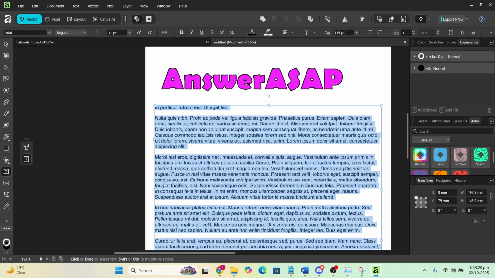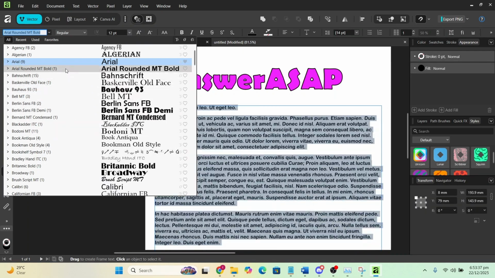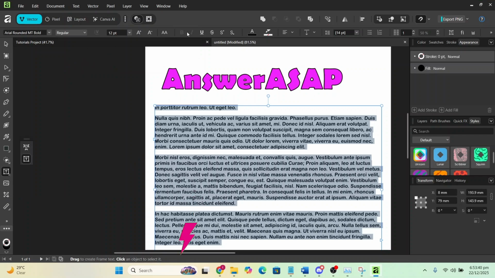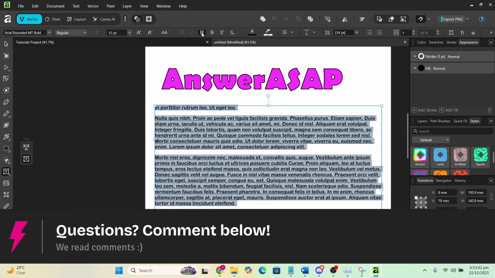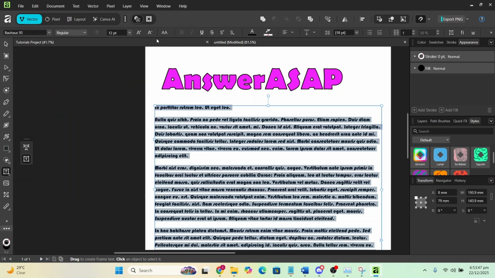Now to change this style, you just go ahead and highlight the text. I've just double clicked on this, and then you can come here and change the font family. For example, we have different options right here. We have Arial, rounded, and we have others as well. You can underline the text, and some of these other styles allow you to do more things, such as make